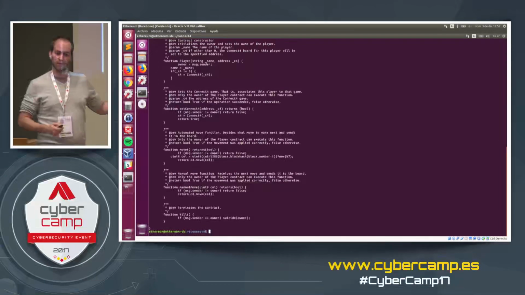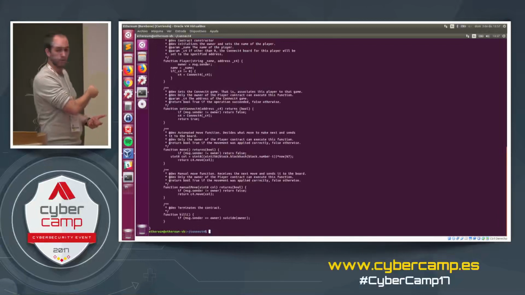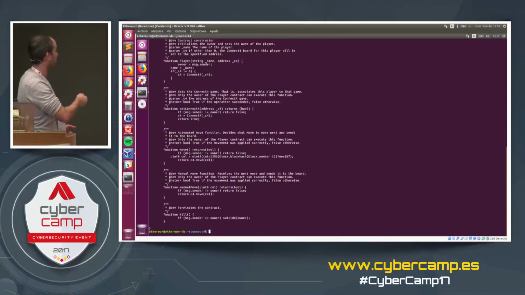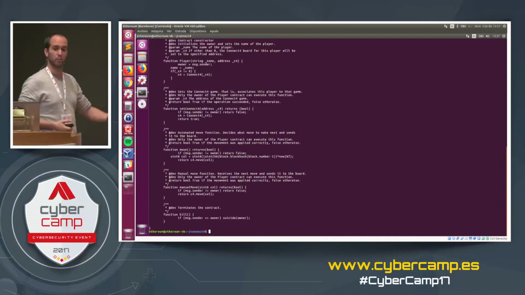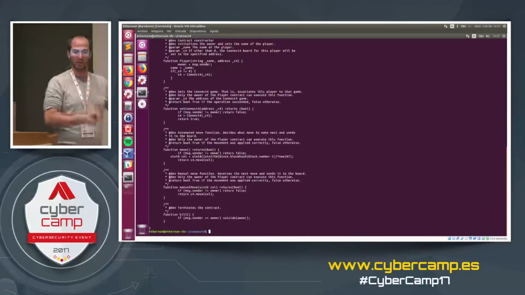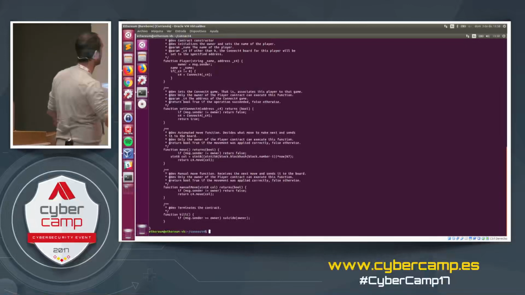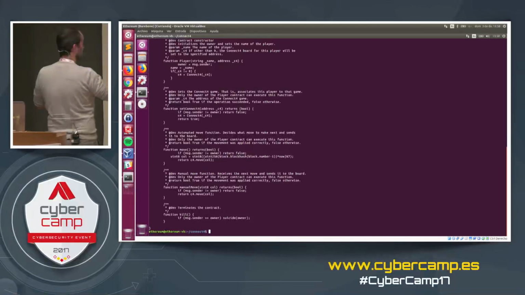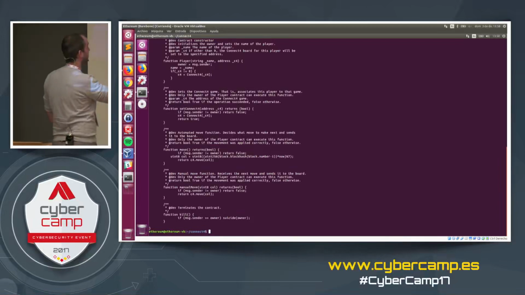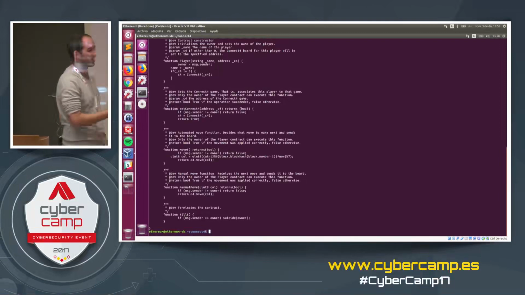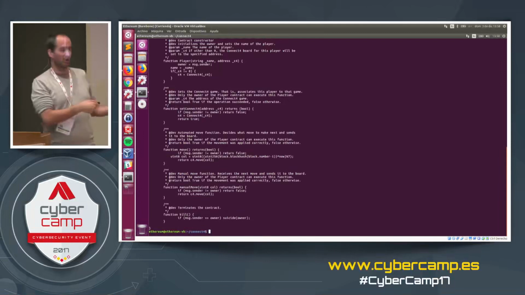msg.sender is the person who's sending this transaction, invoking the move function. If the person invoking is different from the owner, that is my friend or myself, then you cannot be there, because it's a person trying to play on my behalf. If it's me who's executing this transaction, it decides the column in which I want to move. So it calculates in a random way.